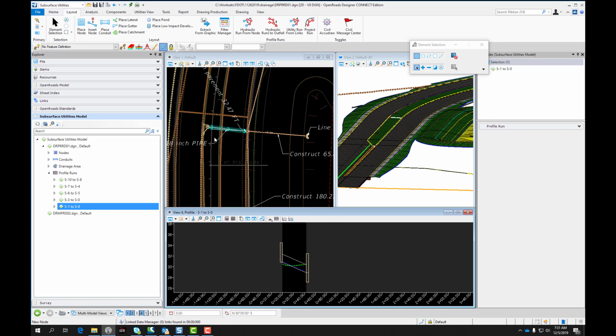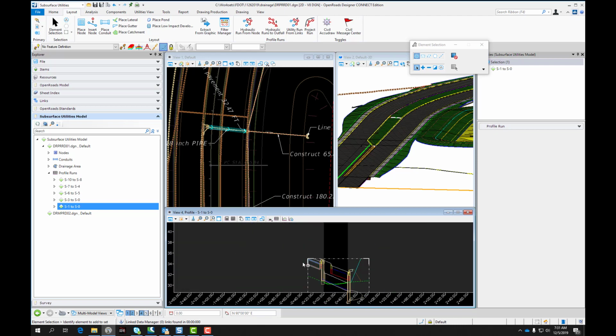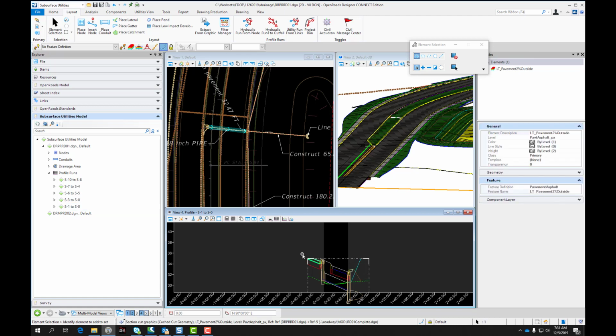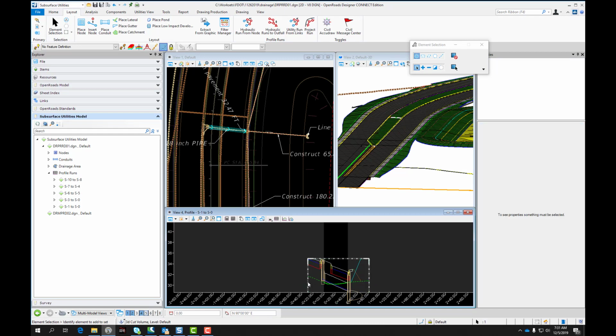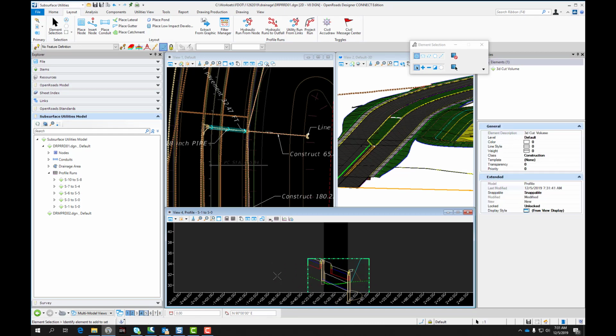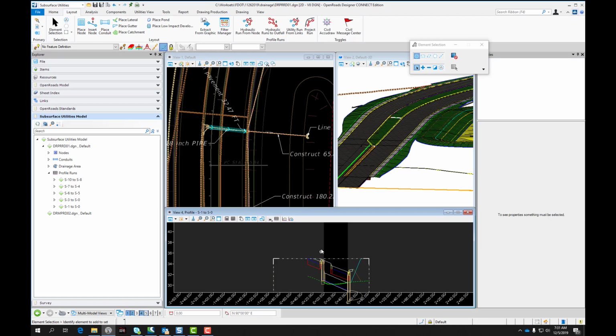And then if I wanted to see the roadway, I could choose this and pick a start point and an end point, and it will draw in the roadway. And if I want to change this, the nice thing is you can click on this boundary and you can actually change it. So if I want to extend it out, if I grab this little plunger, when I grab this plunger